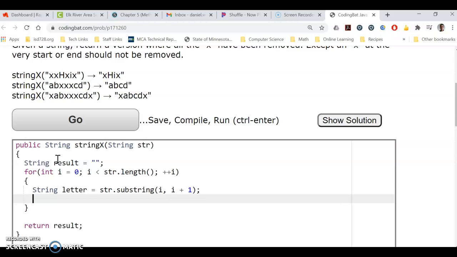And now the if part, I'm going to do if letter is not equal to X. So I'm just going to do equals X. And I should maybe do equals ignore case, but we'll see if it's okay. And I'm going to say if it's not equal to that. So if it's not equal to X,